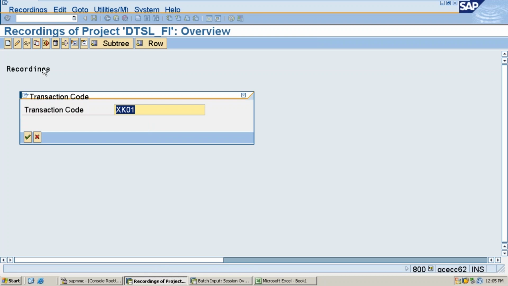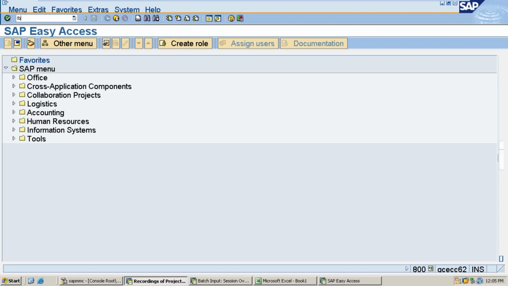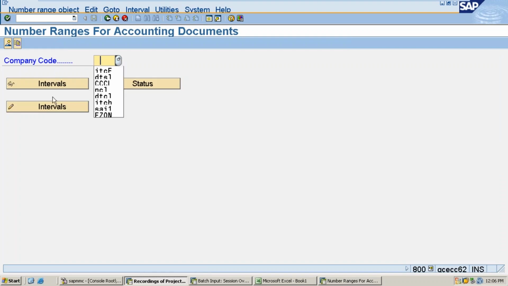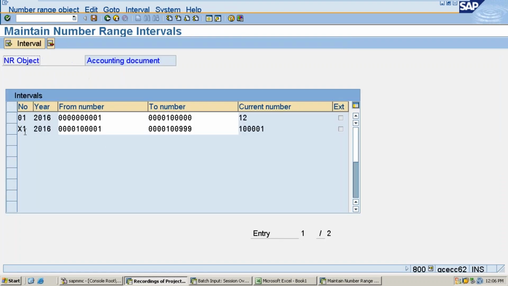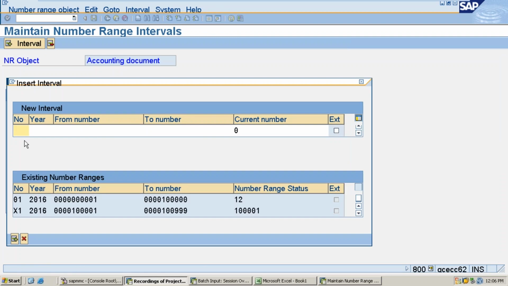For example, this is my company code now. I need to maintain number ranges here, right? In the Excel sheet there are hundreds of number ranges. Each and every time I need to click maintain, no? It will take some time.